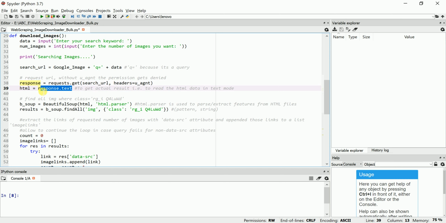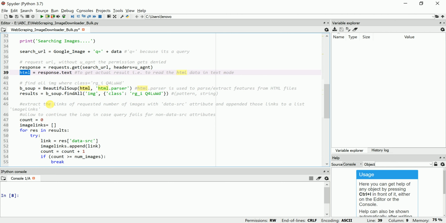Once I converted that, I am assigning it to a variable, simply named html. Then I am creating a variable called b_soup, and I'm using BeautifulSoup here, giving the response text.